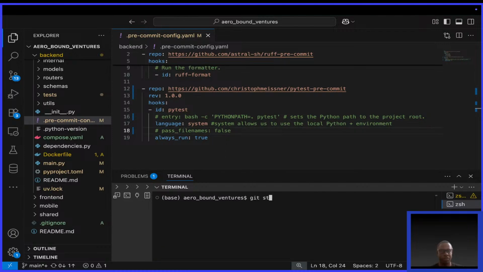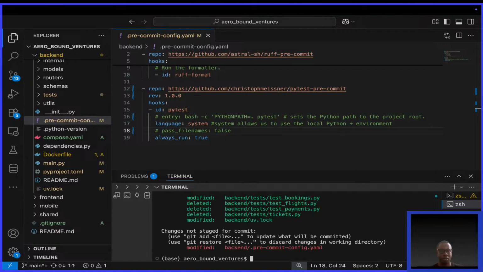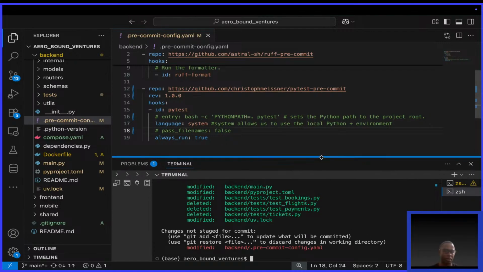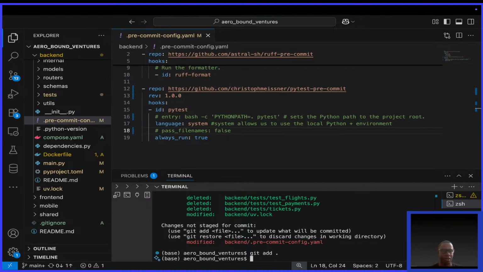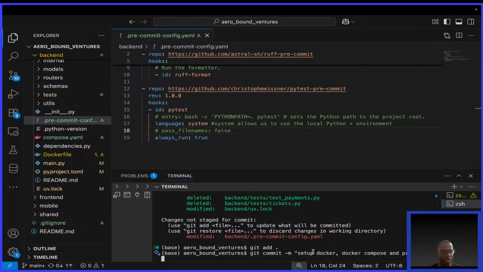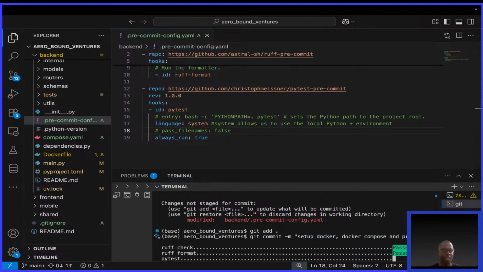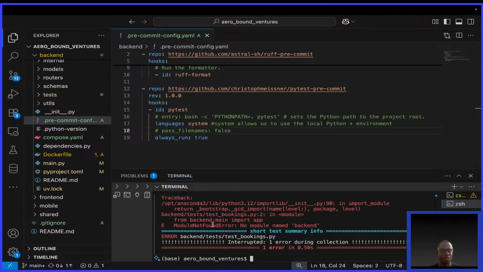If I do a git status, you'll see that we still have one untracked file. How this is supposed to work is that I do a git add, and after that I do a commit, so that the commit message is this one here: set up docker compose pre-commit. When I hit enter, you see we get this error saying